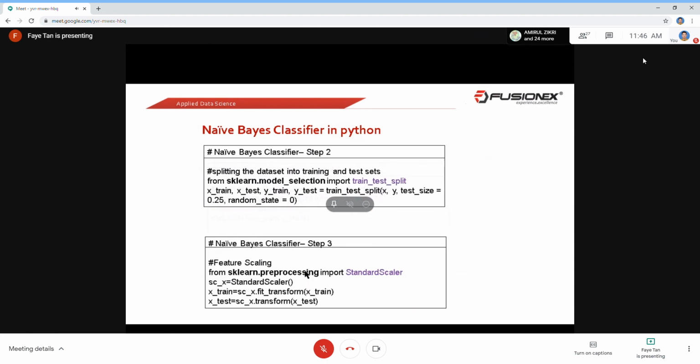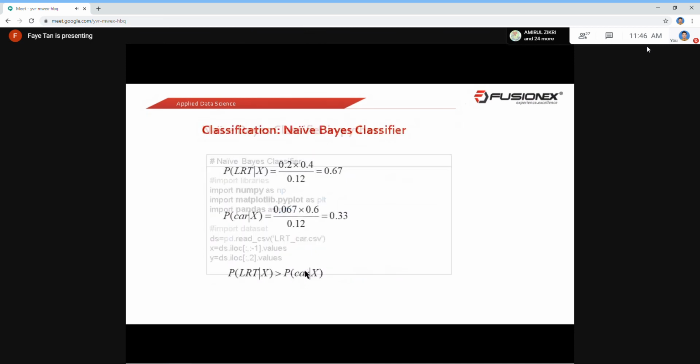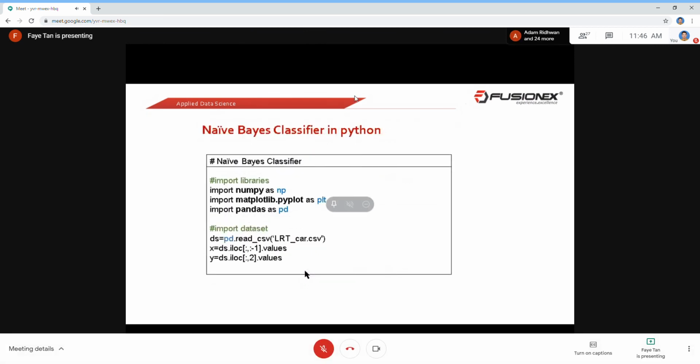So can you try this Naive Bayes classifier in your Jupyter? Okay, so open a